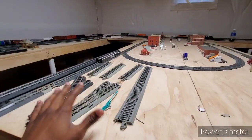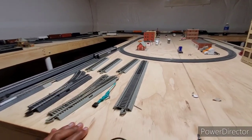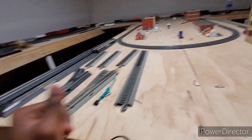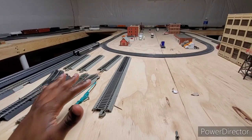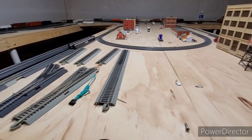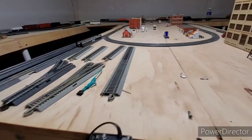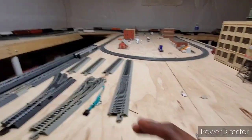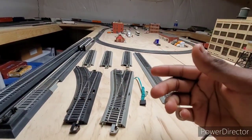So it took me a while to figure out what I was going to put right here, but I've actually been interested. I've been looking at a lot of YouTube videos on scrap cars and scrap industries, and I was like, you know what, I think I'm going to model this on my layout. So that's what's going to be over here. I hope to start working on that soon. I'm actually going to start buying stuff for that probably come Friday of this week. I'm going to need to get some fencing. I'm going to start building my own scrap loads